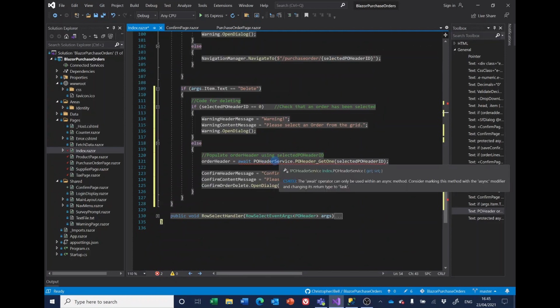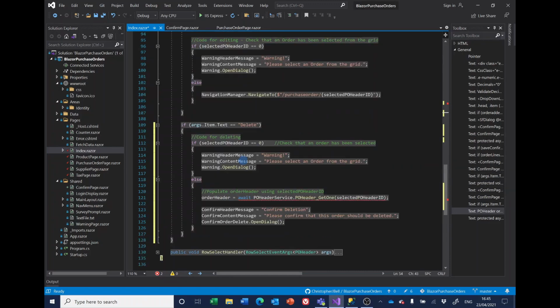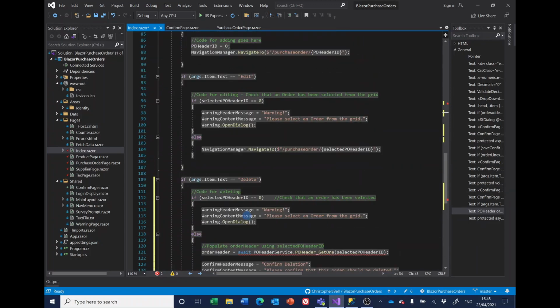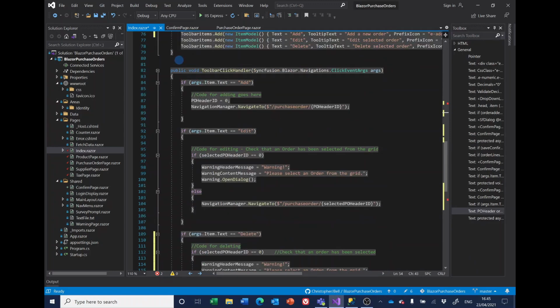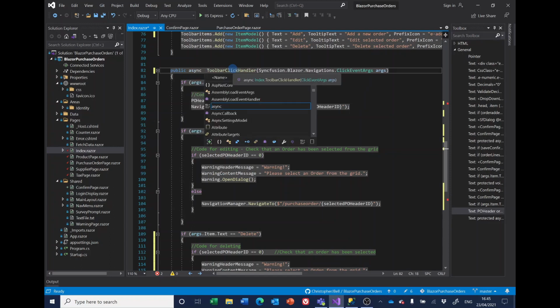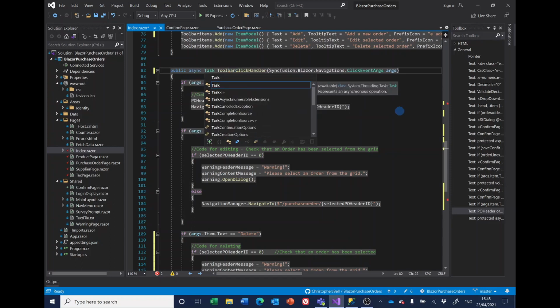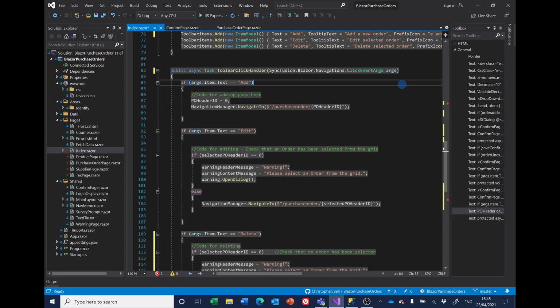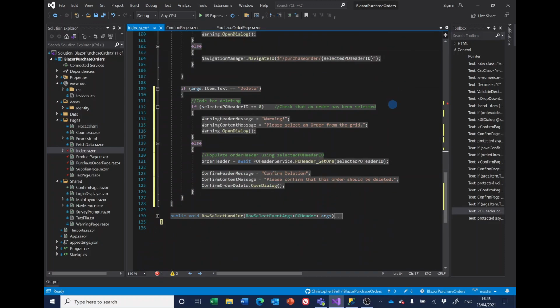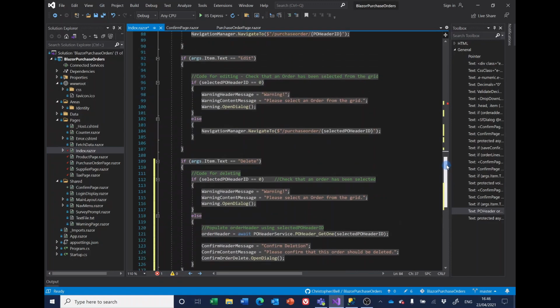No, it's not doing that because that's an awaitable process, and we haven't got an async task here. Right, so that's all good. We've got everything we need there, but what we haven't got is